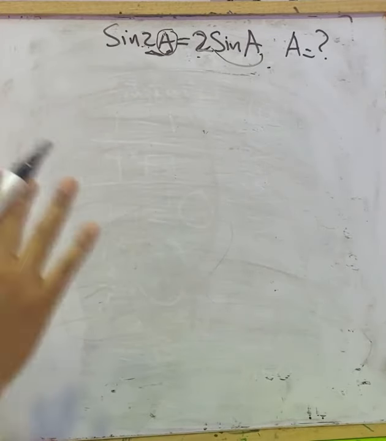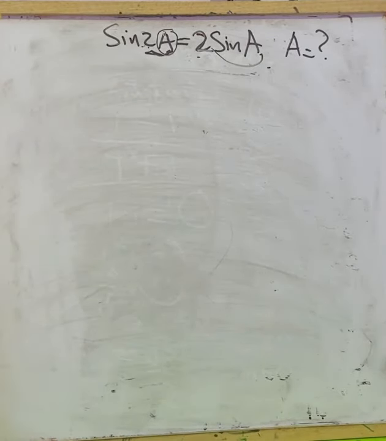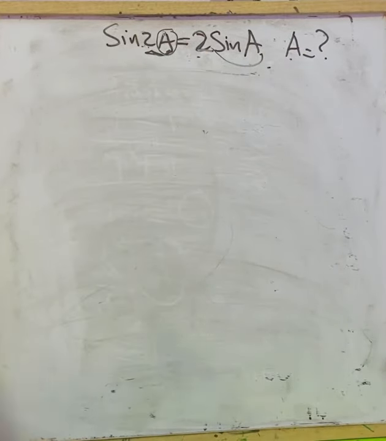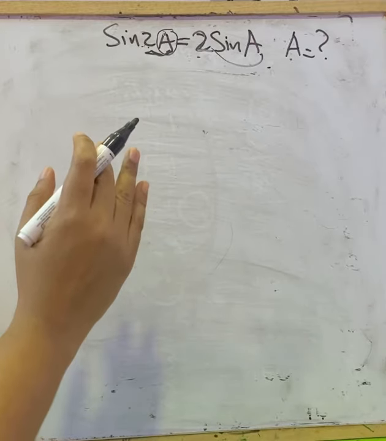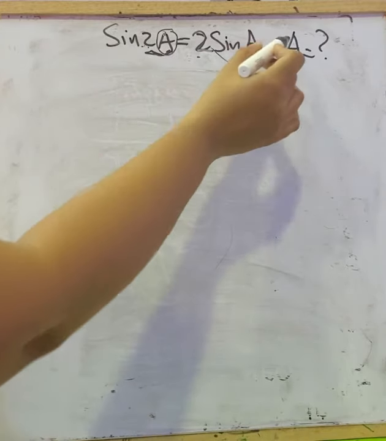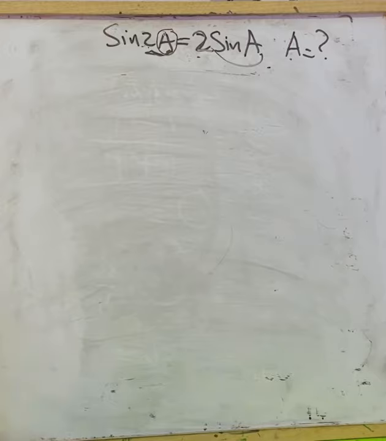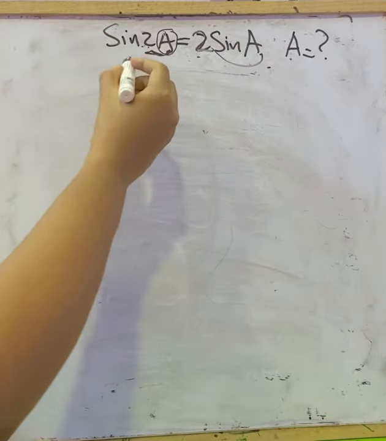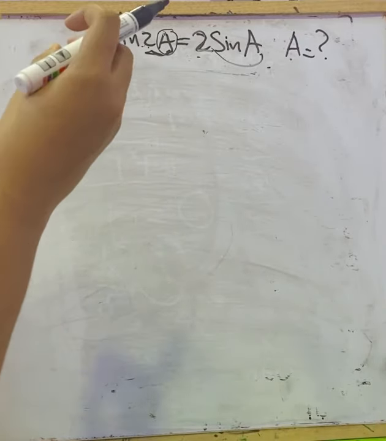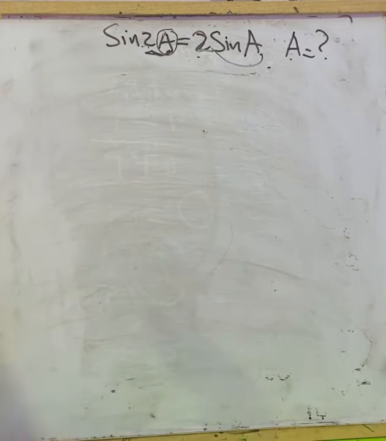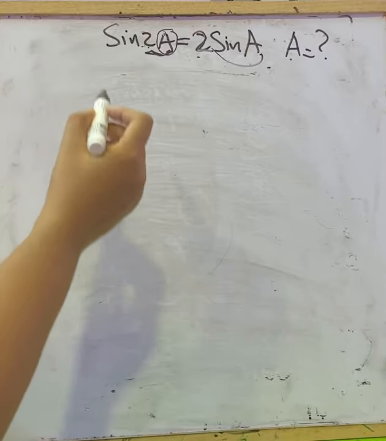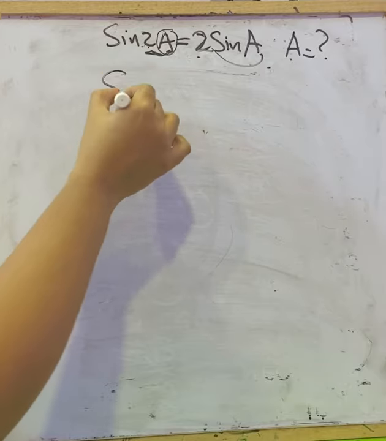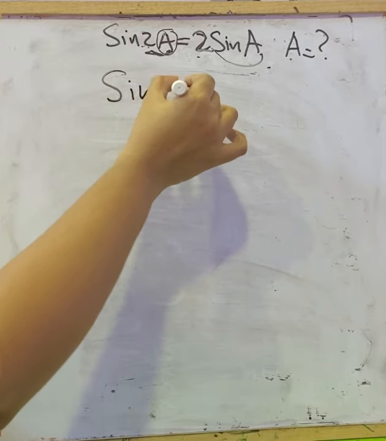So both are not equal, but it is given in the question that for some particular value for a, both will be equal. So you have to find out for which value of a we get these two equal. So let us first do it in a simple method, that is we will put some trigonometric ratio values here and find out by trial and error method. So first I am going to substitute 0 instead of a. So it becomes sine 2 into 0.